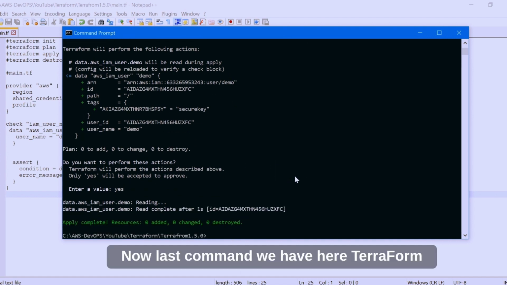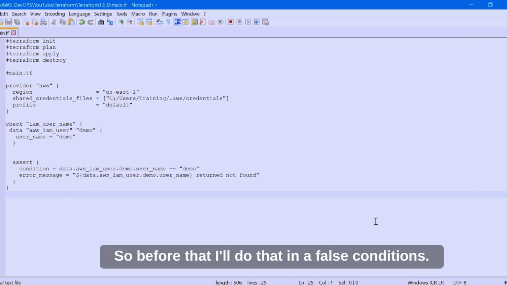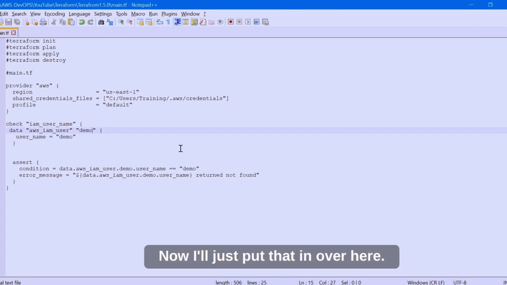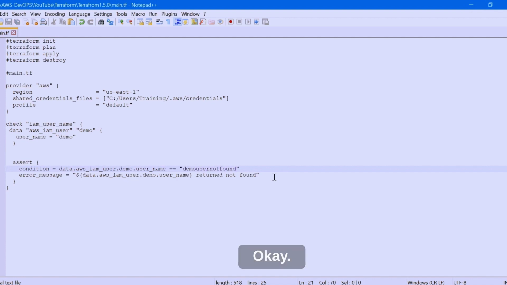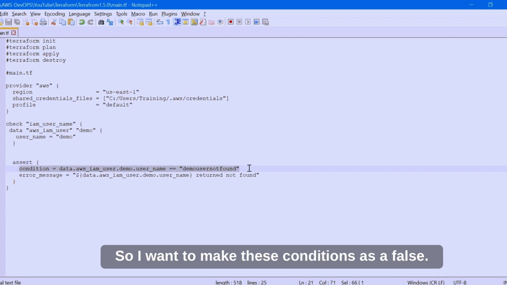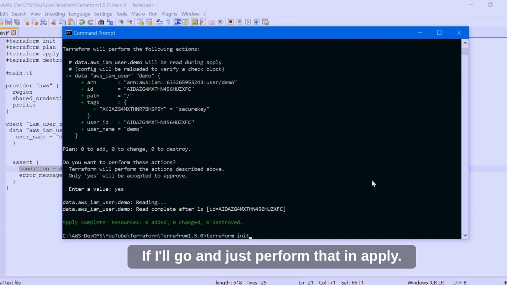Now the last command we have here is terraform destroy, which I will not do. Before that I'll do a false condition. I'll just put it over here. I'll say in the check condition, demo user not found. I want to make this condition false, then this error message will be displayed. If I go and perform apply now,